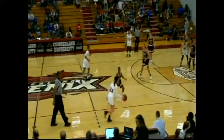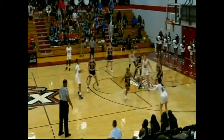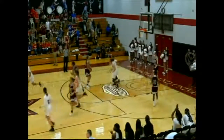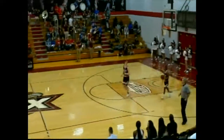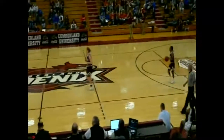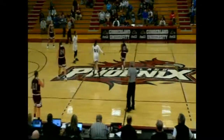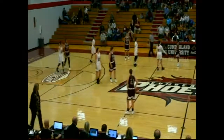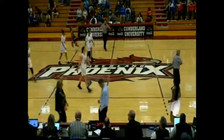Cumberland trailing by 22. Pinto over to Goodrum, top of the key. Goodrum back over to Pinto. She'll let it fly for 3. Shot on the way. Good. Pinto has shot the ball well in this game. And now we're going to bring it across the timeline, and I believe Calvert will just dribble this one out. She does so, and 2 head coaches